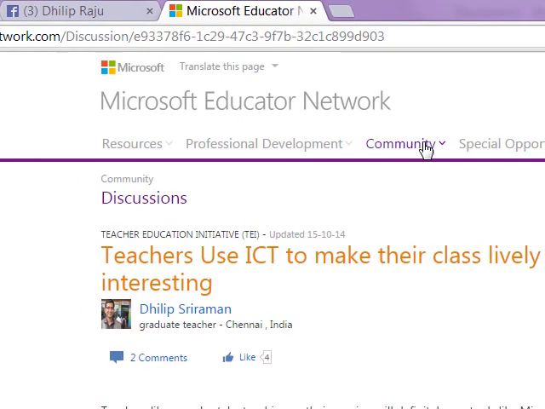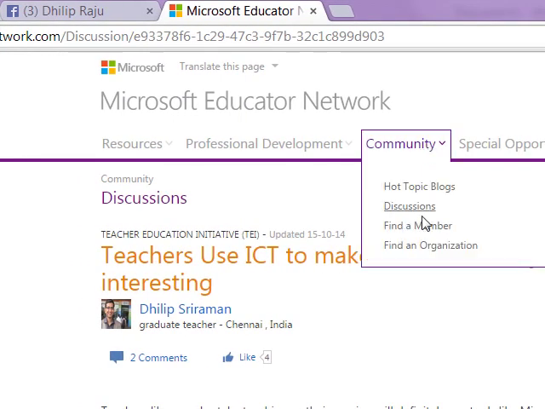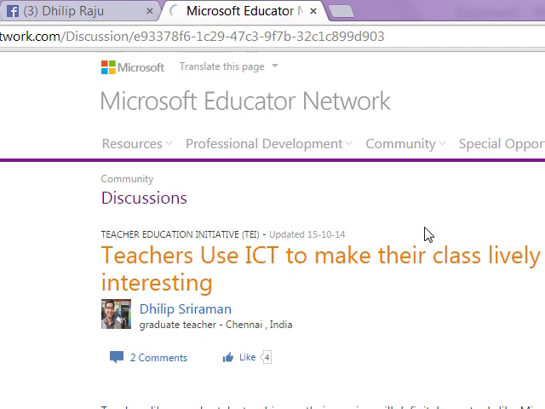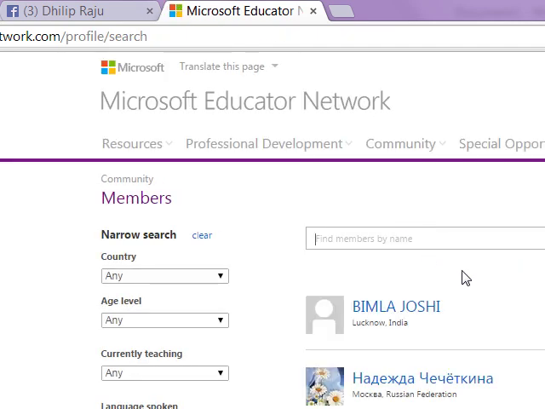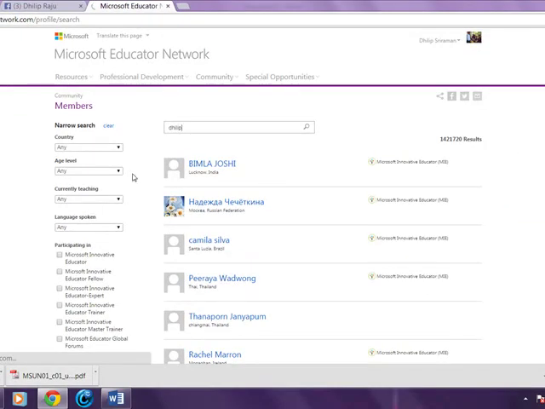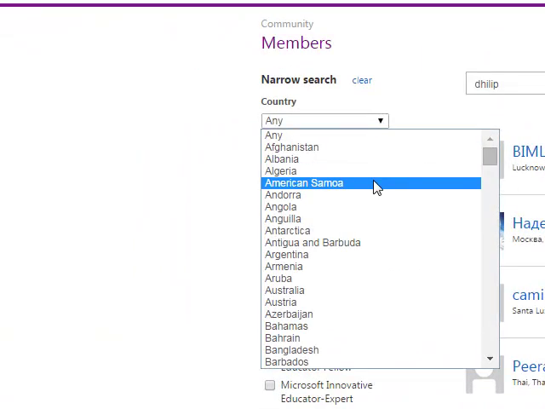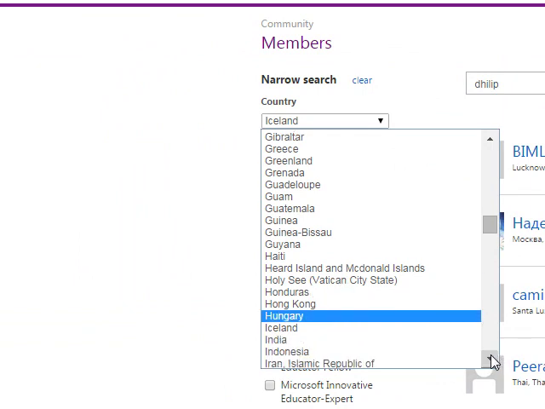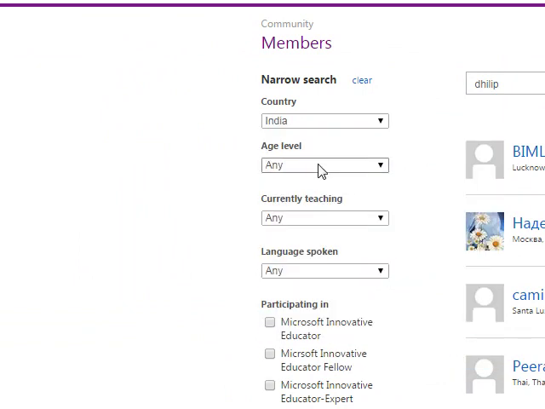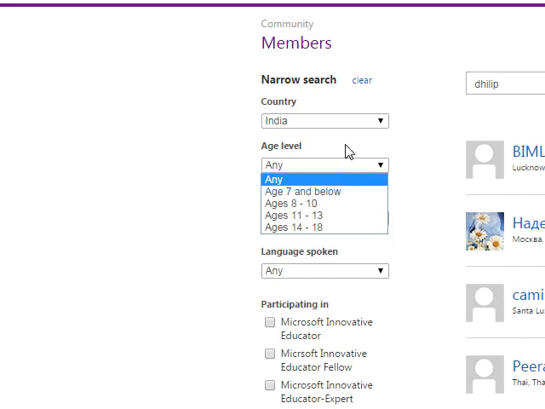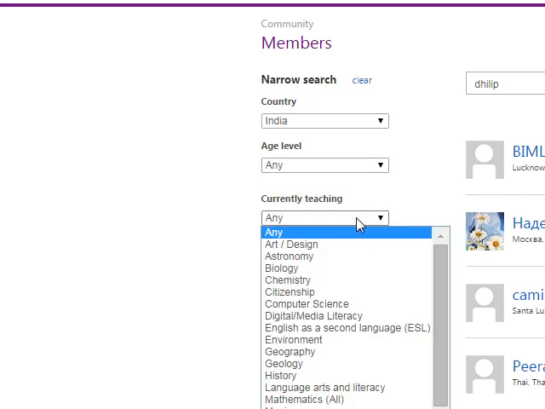and you can come out of that and find a member. Find a member is to find people. Like if you wish to know whether any one of your friends is a member in this PLN, you just click his name and go for search. I have typed my name, and you can just make it easy by narrowing the search by giving the country and age and by subject wise,